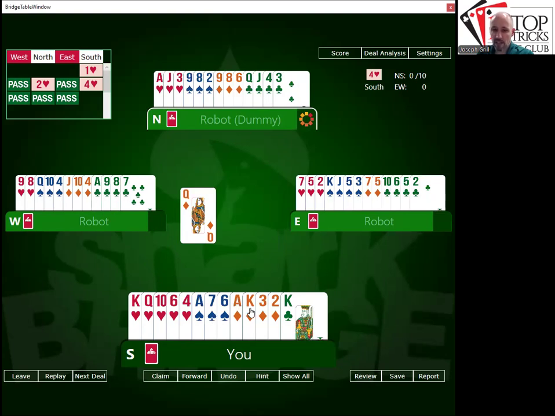Diamonds. I've got the ace and the king. After that, I've got 2 losing diamonds. So we've got 4 losers. Uh-oh. Oh, king of clubs is a loser, right? They're missing the ace. We've got work to do. We have to find a way to get rid of at least